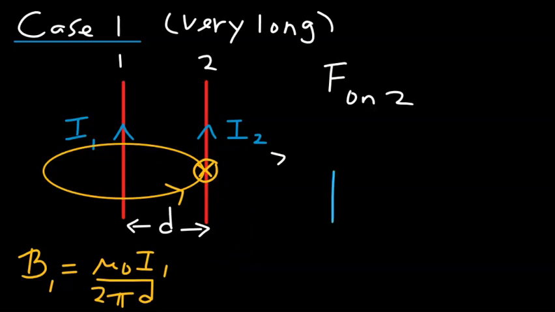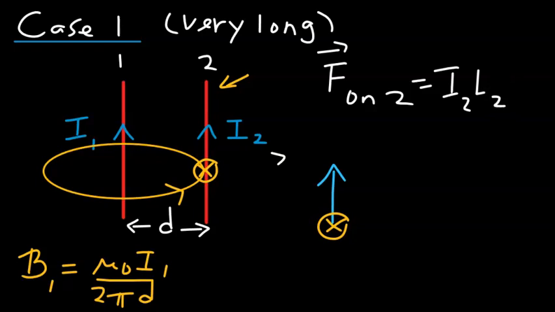Now since current I2 is going that way, and the magnetic field due to current I1 is going into the board, the direction of magnetic force experienced by conductor 2 is given by the following expression that we have also covered. It's I2, the length vector of conductor 2,